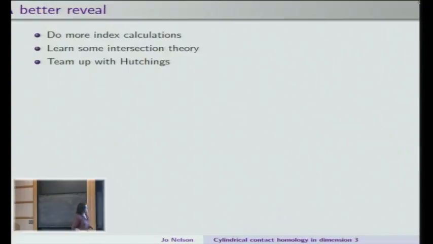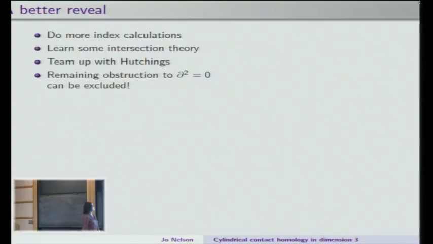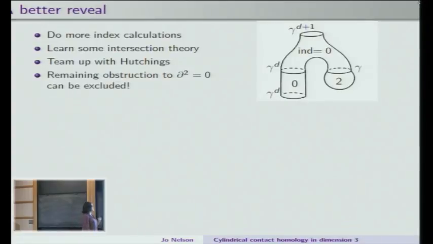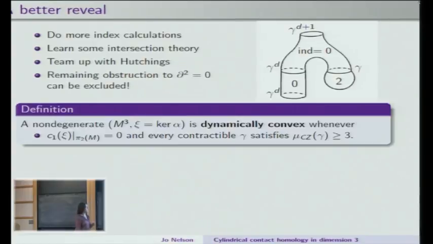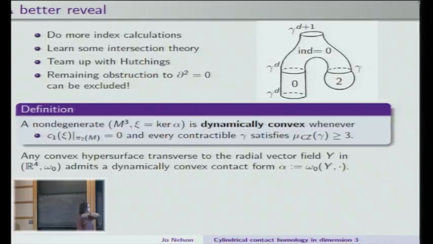So then we want to, of course, upgrade this and get to a bigger class of contact forms. So we're going to do more index calculations, we're going to do more intersection theory, and we're going to team up with Hutchings because he's smart and knows things. And then we're going to prove that the remaining obstruction to d squared equals 0 can be excluded. So this is actually the only building of index 2 in a 4-dimensional symplectization that's going to prevent you from proving d squared equals 0. And this we can get rid of with intersection theory